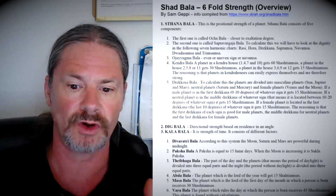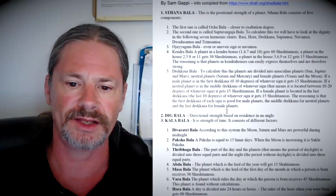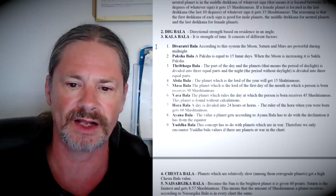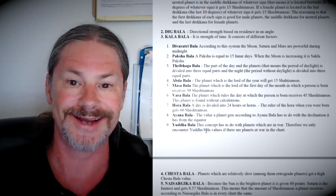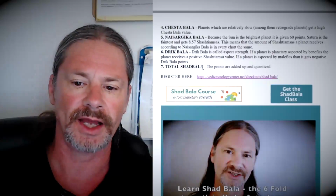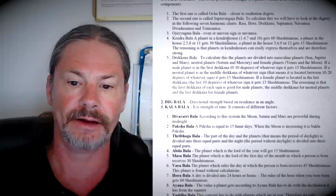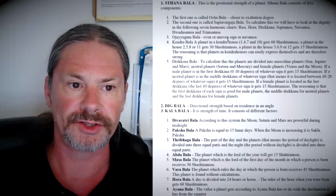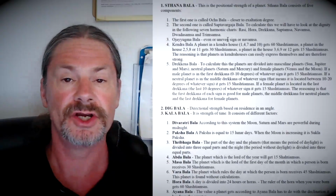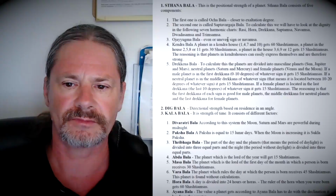I'm going to teach what each one of these things are. As you see, even with Sthana Bala, there's 5 different components. Then there's Drik Bala, then there's Kala Bala, which has 9 different facets. Then there's Chesta Bala, Naisargika Bala, Drik Bala, and then the total Shad Bala. So again, today I'm going to talk about Shad Bala, about Sthana Bala, which Sthana is literally,